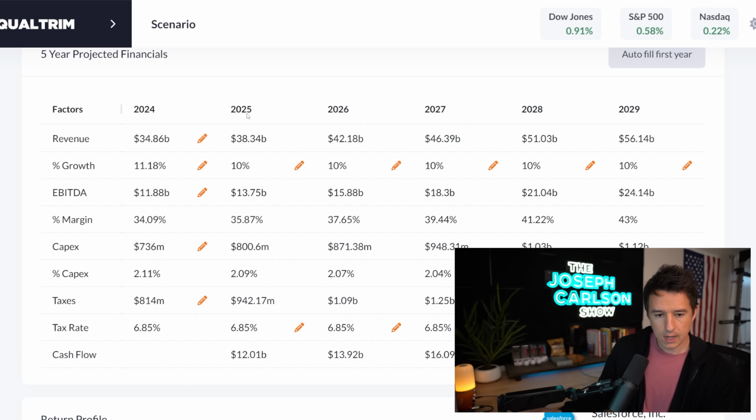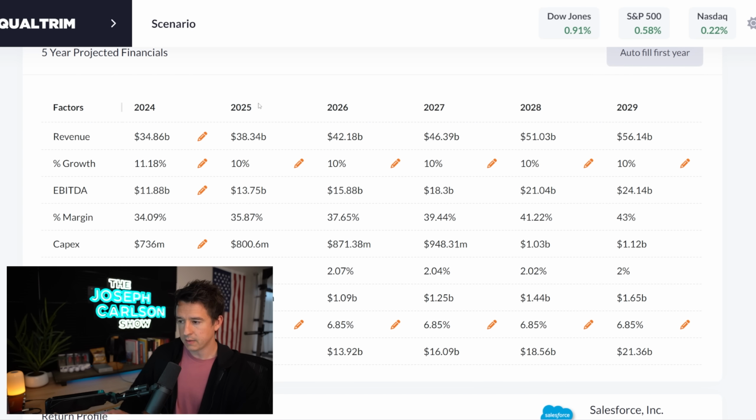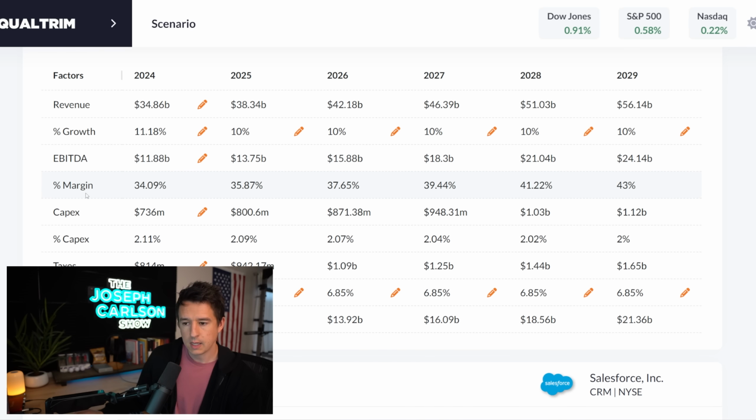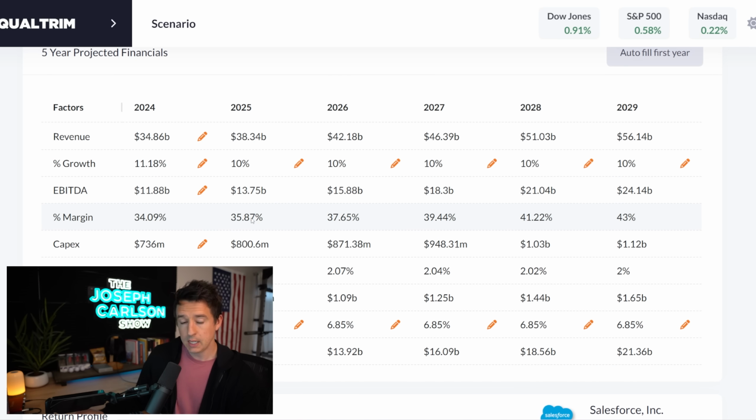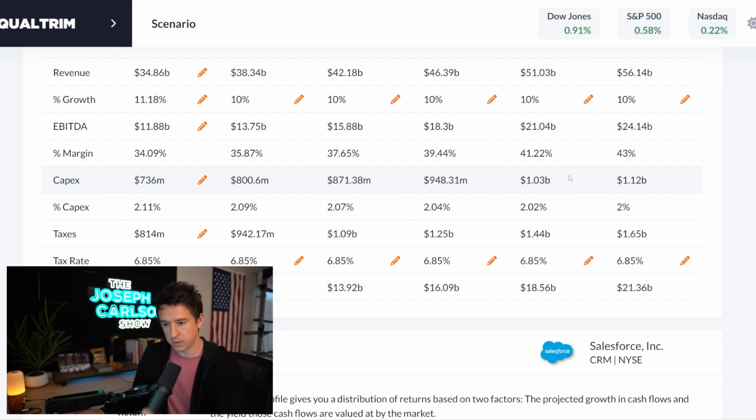So when I look at this, I look at the revenue growth. We have 10% revenue growth. I'm assuming it's going to stay around that for the next 5 years, which I think it can actually exceed. So I'm being a little bit conservative here. But then based on the revenue and the revenue growth over time, the EBITDA margin calculates how much EBITDA the company will make. And then I factor in the CapEx, which we plugged in was 2%.